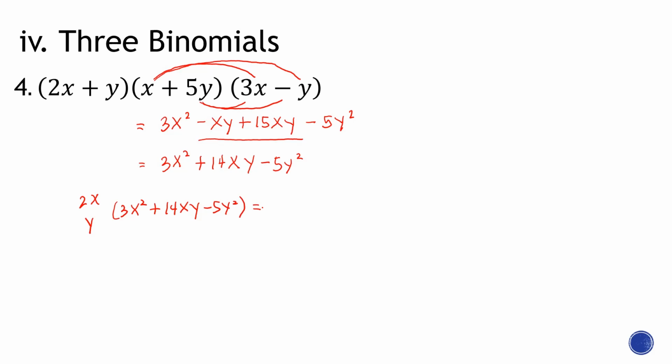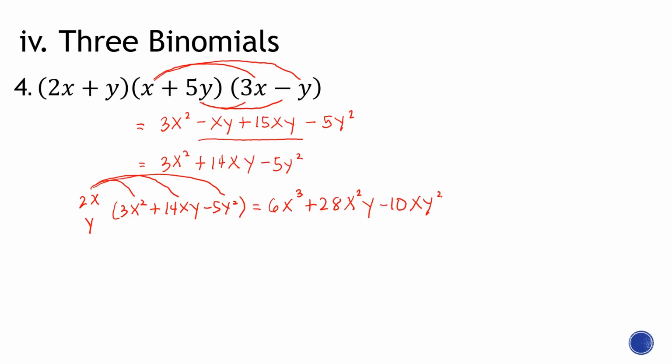Okay, then distribute 2x times 3x squared, that is 6x cubed. 2x times 14xy, so 2 times 14, that's positive 28. Multiply the two x's, that's x squared, and then y. Last is 2x and negative 5y squared, so that is negative 10xy